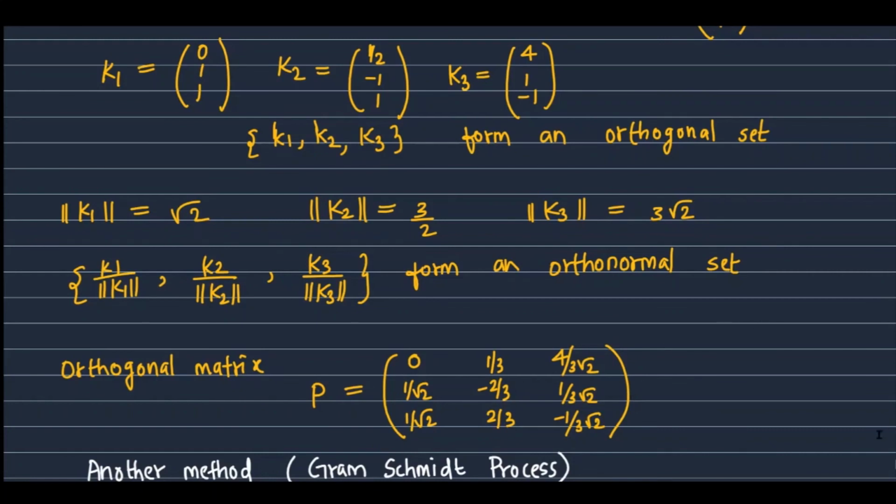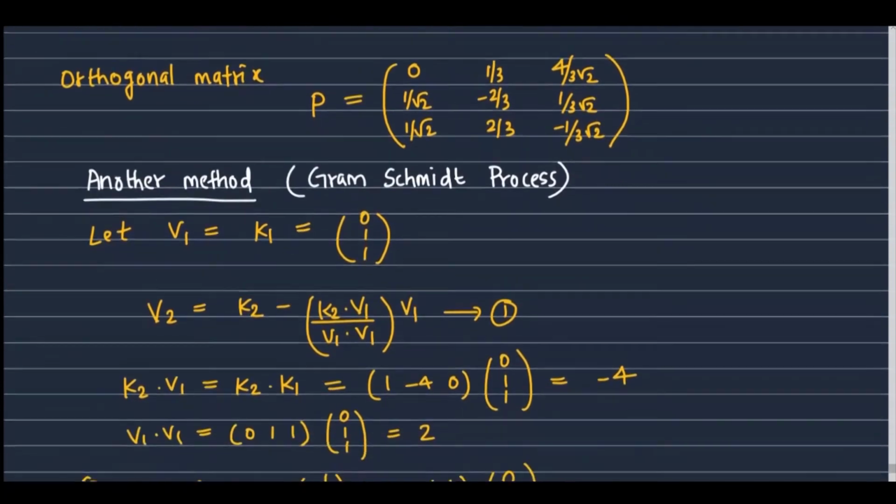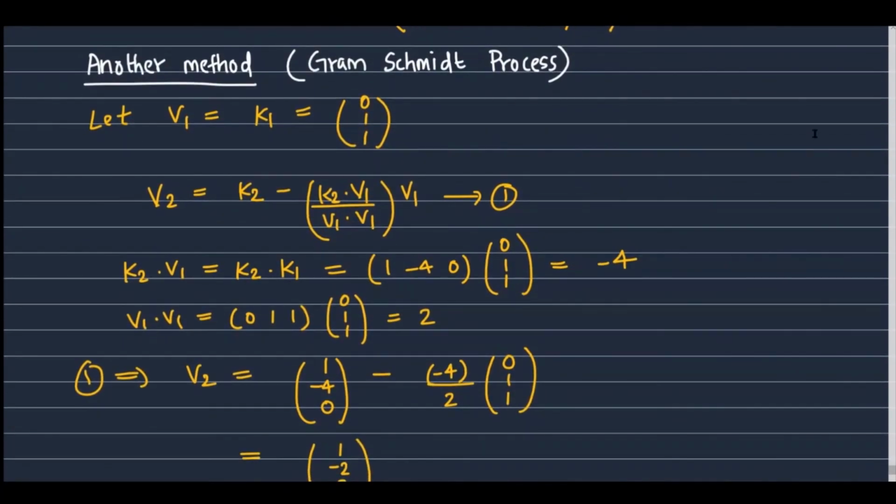So in this way, if the eigenvalues are repeated, we can wisely choose the values so that the resulting eigenvectors become orthogonal. If the eigenvalues are distinct, we need not worry about anything. We can directly see that the eigenvectors will always become orthogonal. But if the eigenvalues are repeated, we have to choose them so that they become orthogonal. Now, even without choosing them, we can also find an orthogonal set of vectors using a process called the Gram-Schmidt process. You may be aware of this process as it is discussed in the previous module.